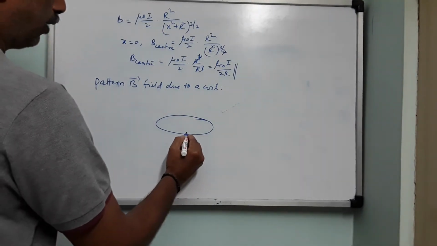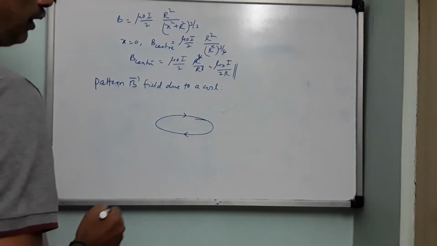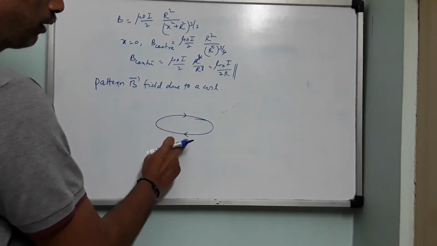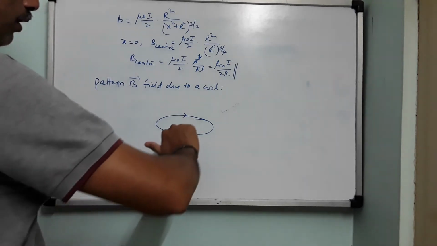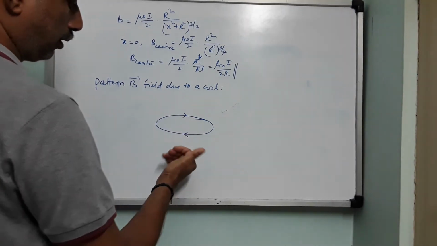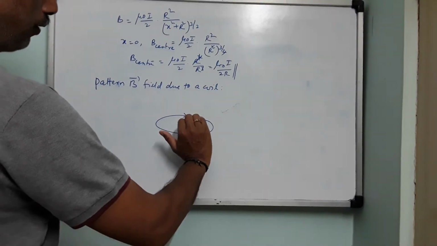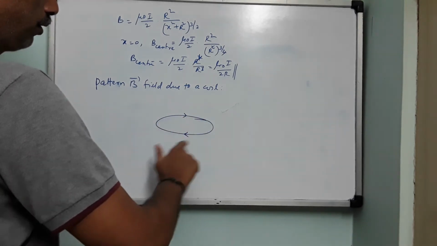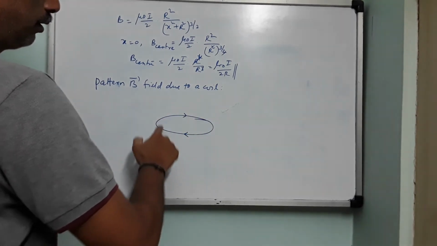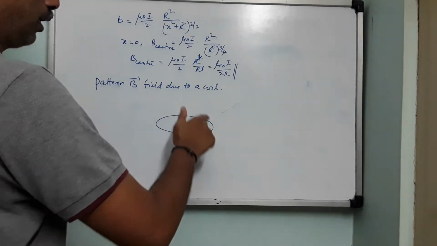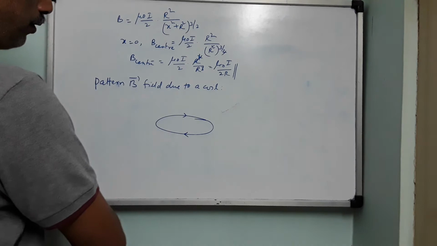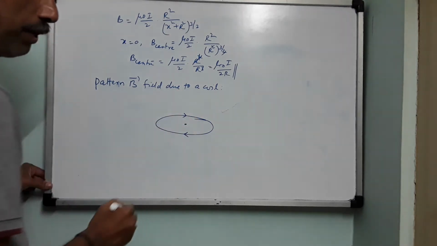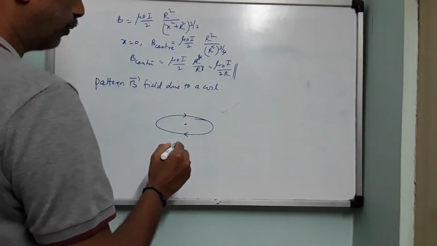So let the current flow like this. In such a case, what will happen? This side will be behind the board and this side will be on top of the board. So now if you hold it like this, the current is going, the thumb should show the current. Hold it like this, coming upwards, or right hand screw rule. In which direction is it going? Clockwise direction. A clockwise current will produce a magnetic field into the plane of the board. So here the magnetic field will be like this, into the plane of the board. So the pattern will be